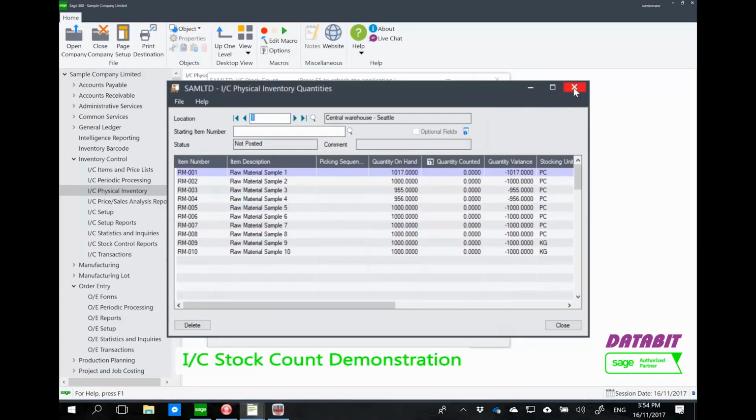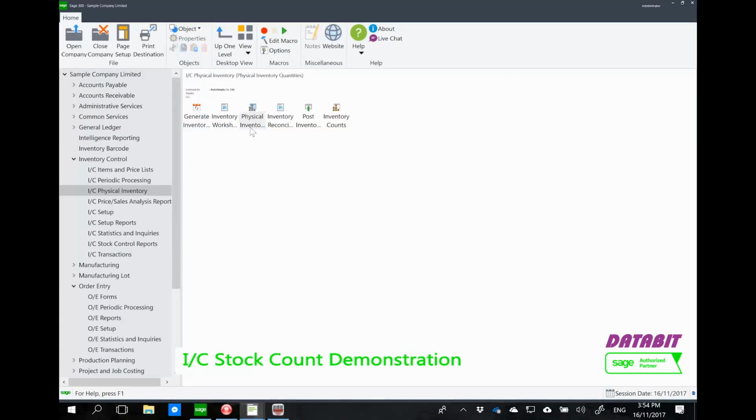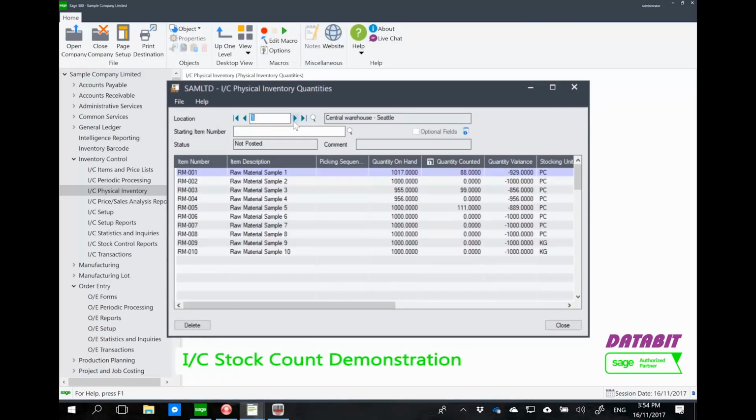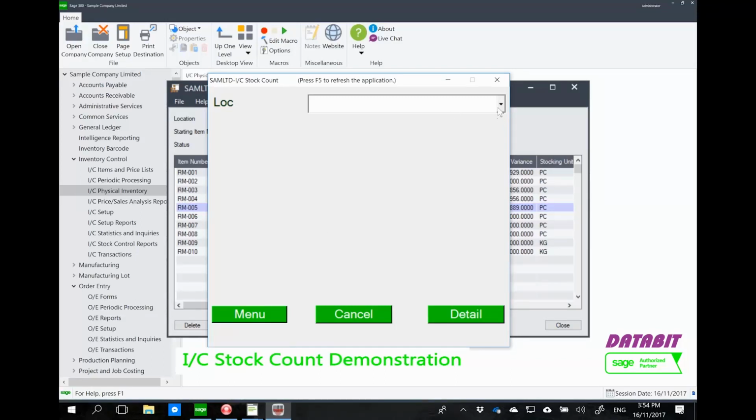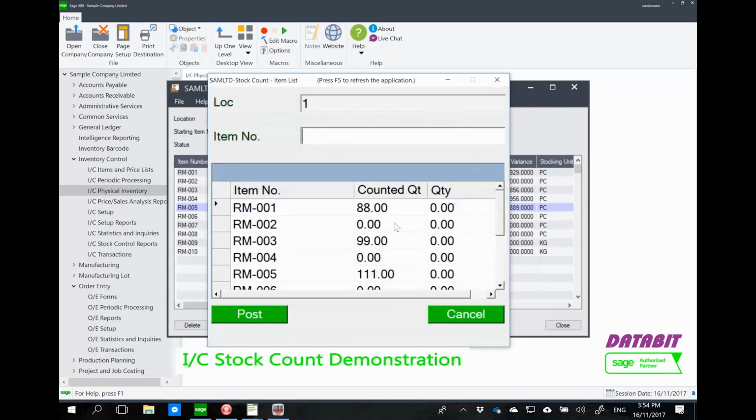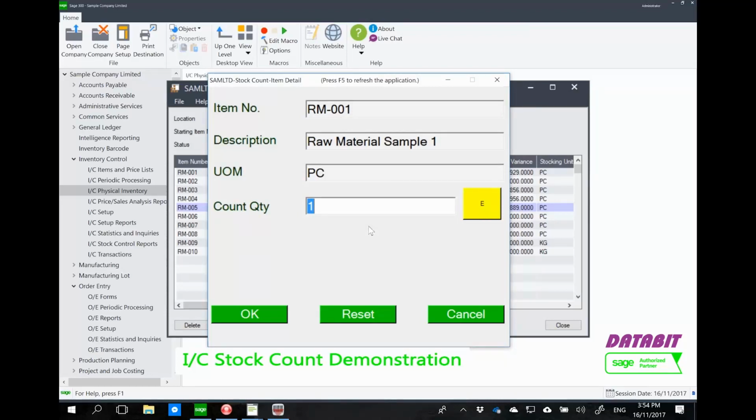If we refresh, so let's reopen the physical inventory count sheet, you would see here that for location 1, the system has already encoded the counted quantities on the floor. So after the break, the warehouse guy can come back, continue the count. So for location 1 detail, you can see the system displays what he has already previously counted, and he can now proceed to doing another count. So maybe he sees more of RM001, I see 70,